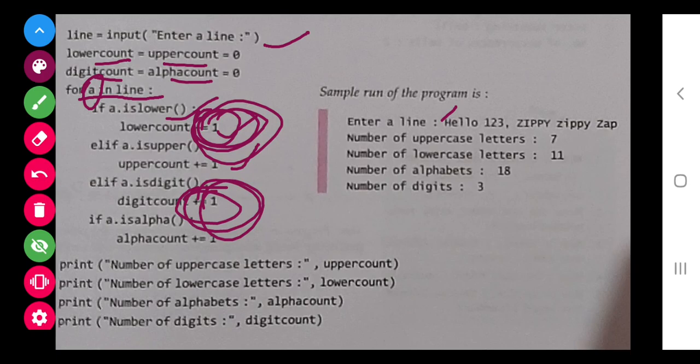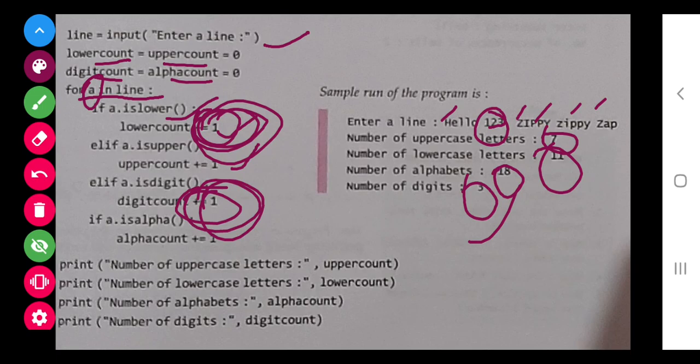Next space. Then again the remaining text has some capital and some small letters, so it will be counted and it will return the result. How many alphabets are there? 18. How many lowercase are there? How many uppercase are there? And how many digits are there? Only 3 digits were there, so the answer is 3. Accordingly the program is made.